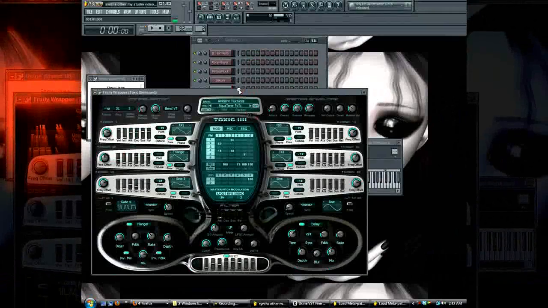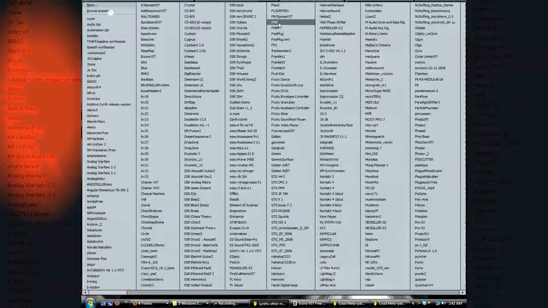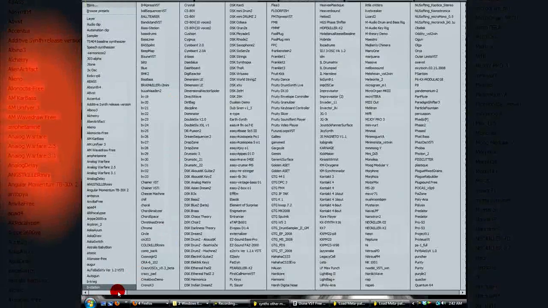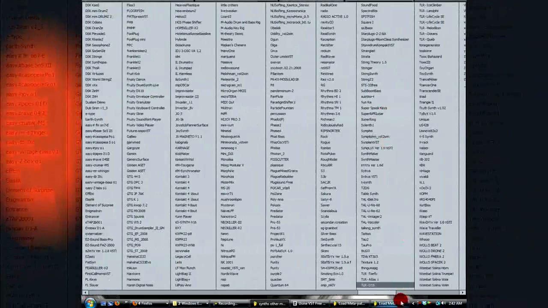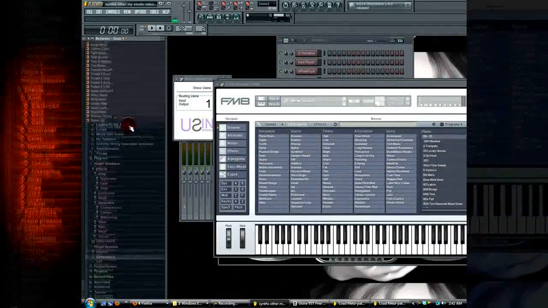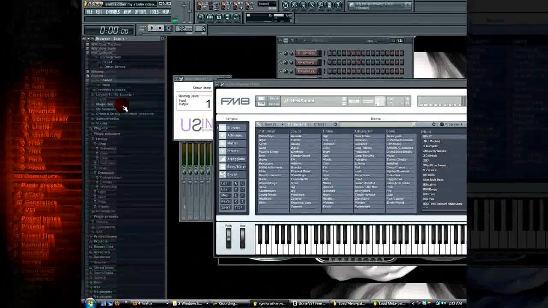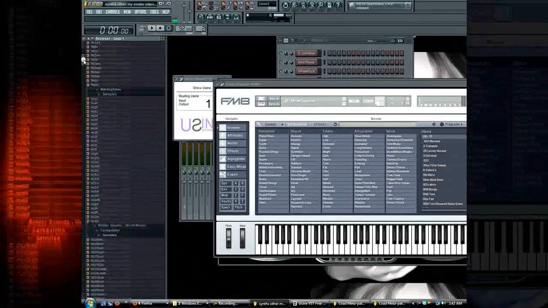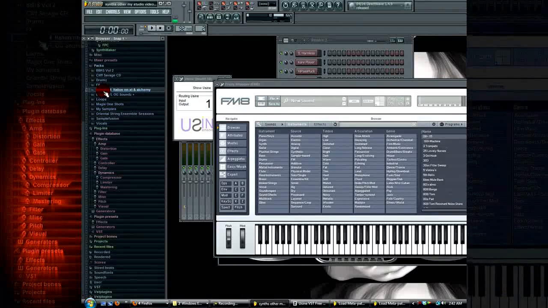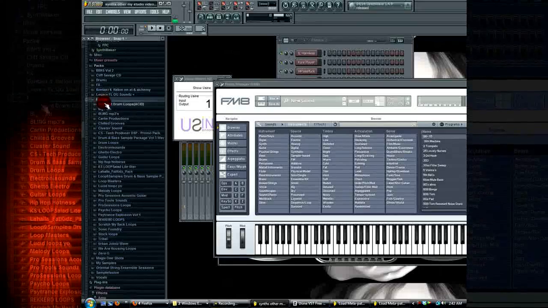But Toxic Biohazard FM synth right here, pretty dope. But we also can't forget FM8, another FM synth right here. And we can't forget all these other plugins that I got right here. Alright, now last but not least, we're gonna get into a few of the loops, because the loops is huge. My loop section is ridiculous, and all my samples over here. So for example, if we go into loops right here, then go